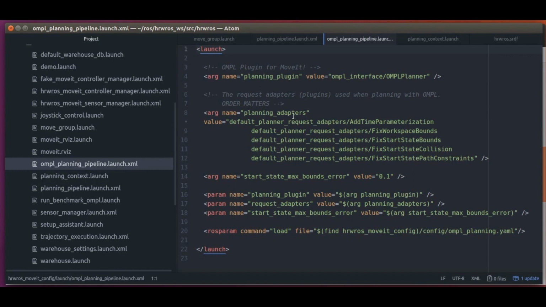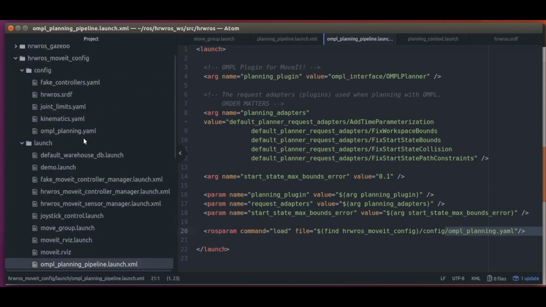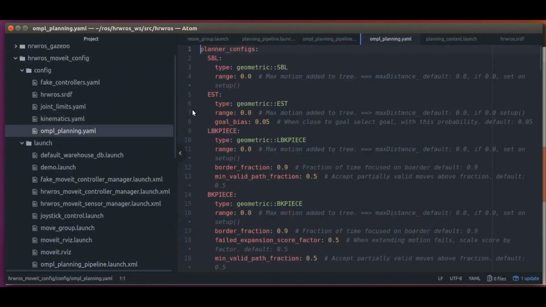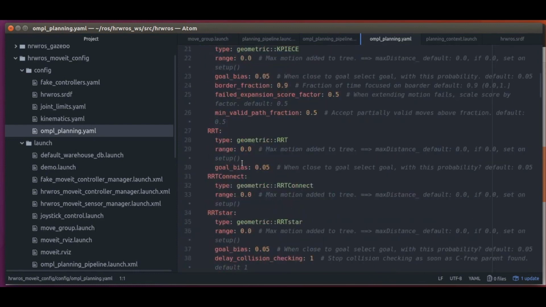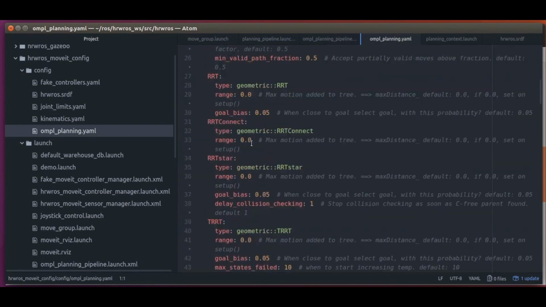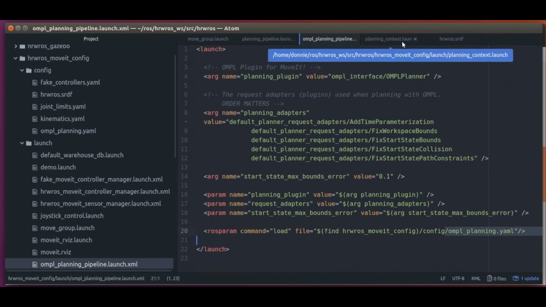Here, we see a lot of internal settings for using the OMPL planning library, and in the OMPL_planning.yaml file, we see a whole list of planners available to use for planning. And here, we also see the RRT Connect planner listed, which we configured as the default planner for our planning groups in the setup assistant. Good. So we now know what our planning context is and what planning library MoveIt will use.